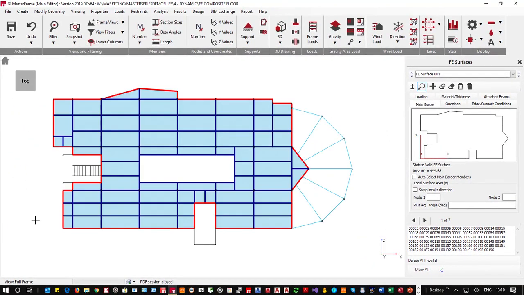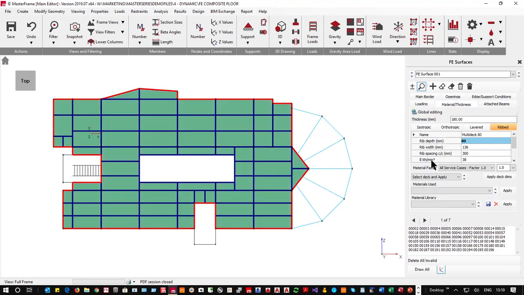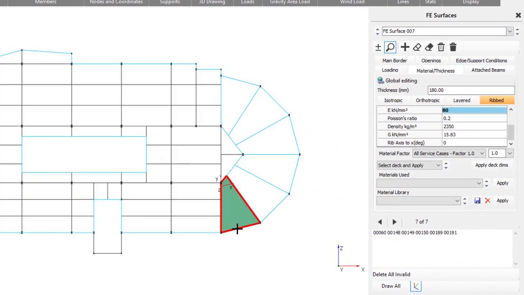If I put this in plan, you will see if I turn on my little diagram, my X is running in that direction. So when I go to my material, you will see that I set my rib axis to be 90 degrees, so the ribs are running in that direction, and that's as you would expect. That will get quite complicated when we get into these axes,